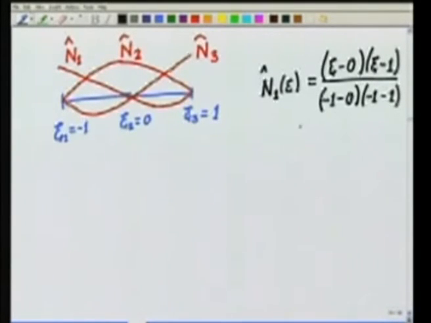So you see this will become equal to, this is minus 2, 2, so it becomes equal to